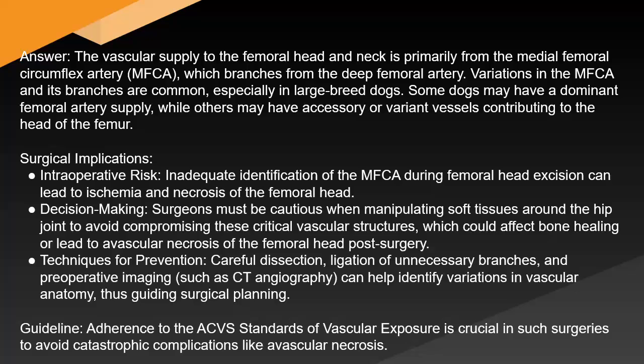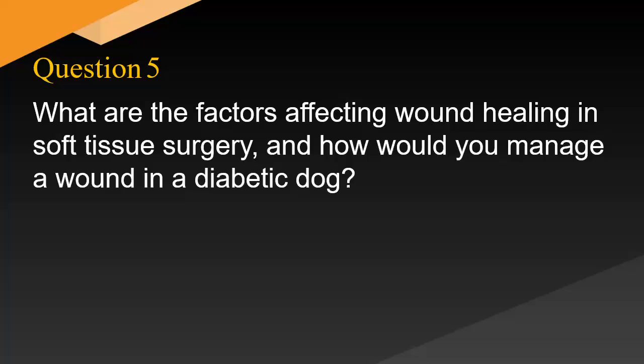Techniques for prevention: careful dissection, ligation of unnecessary branches, and preoperative imaging such as CT angiography can help identify variations in vascular anatomy, thus guiding surgical planning. Guideline: adherence to the ACVS standards of vascular exposure is crucial in such surgeries to avoid catastrophic complications like avascular necrosis. What are the factors affecting wound healing in soft tissue surgery, and how would you manage a wound